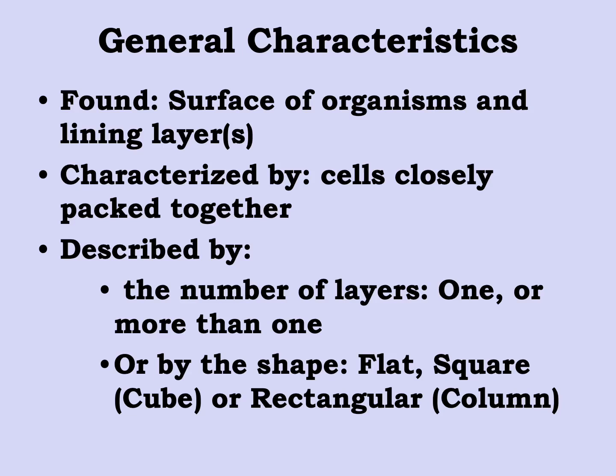They're characterized by cells that are closely packed together, connected via tight and desmotic junctions. The principal type of desmotic junction we'll see around the organs is not true desmosomes, but more of a hemidesmotic junction. However, when we get to the epidermis, we'll see them more as a desmotic junction in the